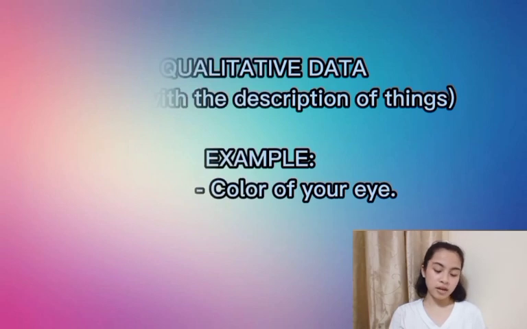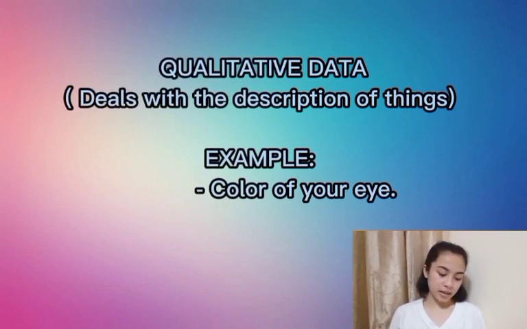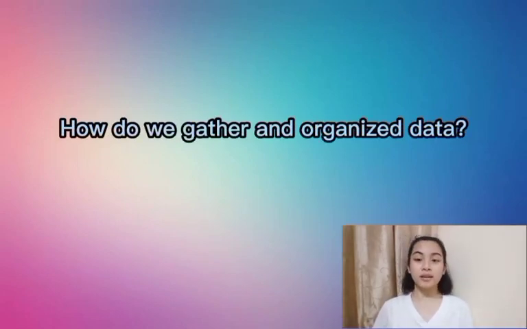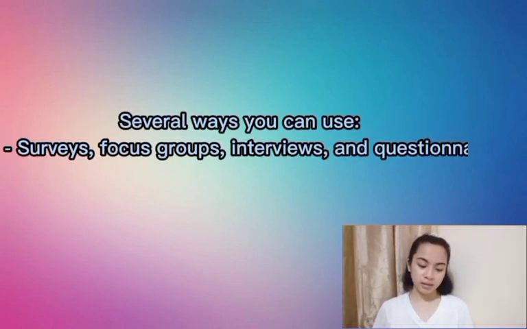Qualitative data is another form of data that deals with the description of things, and qualitative data can be observed but cannot be measured, such as the color of our eyes. In gathering and organizing data, how do we gather and organize data? There are several ways to obtain and analyze data. As a researcher, you can use the following: surveys, focus